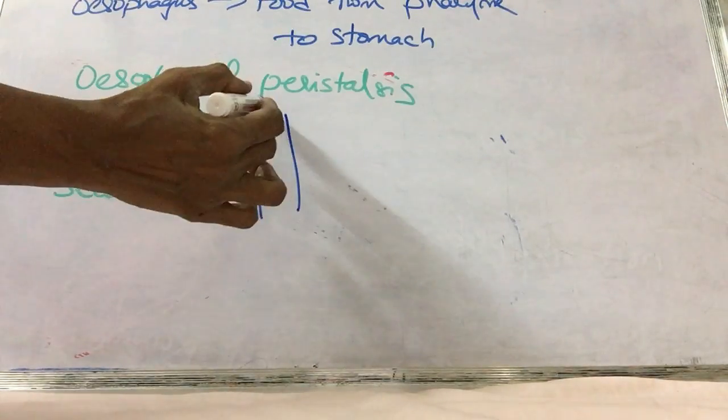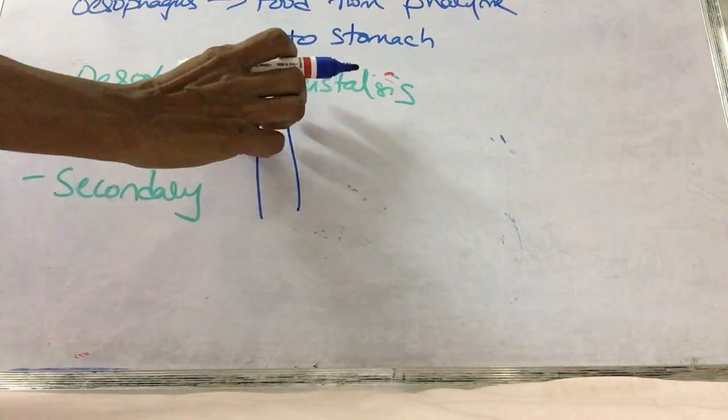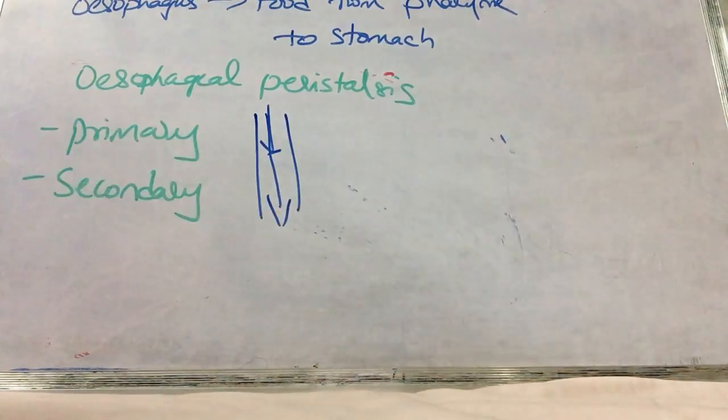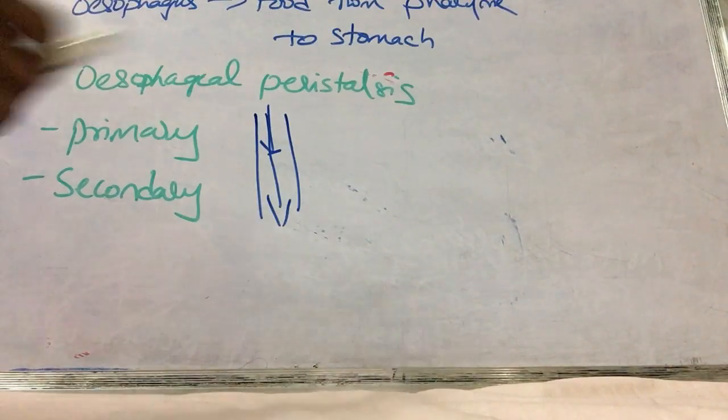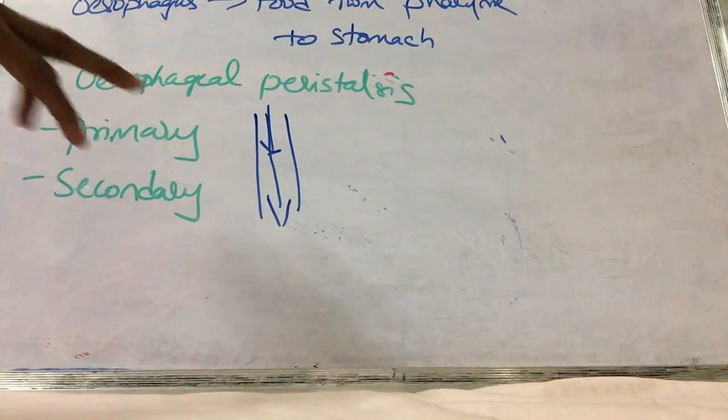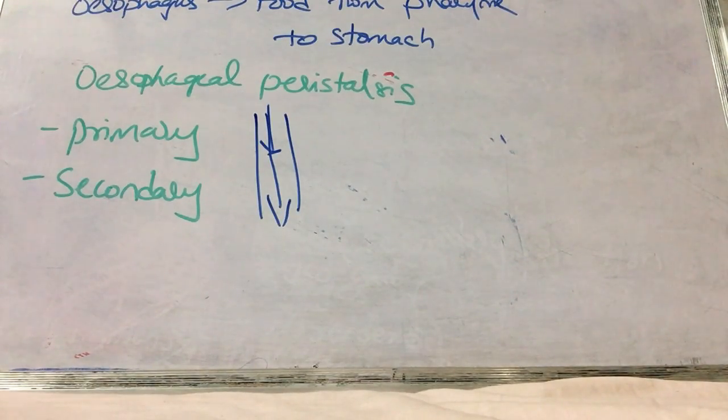This is the esophagus. As soon as the food enters, the upper part of the esophagus contracts so that the food is pushed further. And this primary peristalsis, since it is a neural mechanism, will occur even if there is no food present in the esophagus. If we swallow without anything in the mouth, then also this primary peristalsis will occur, since it is a neural mechanism. In response to the swallowing, this primary peristalsis will occur whether a bolus of food is present or not.